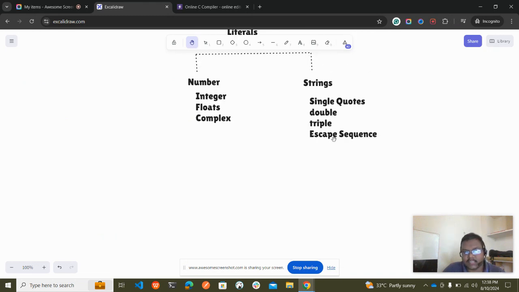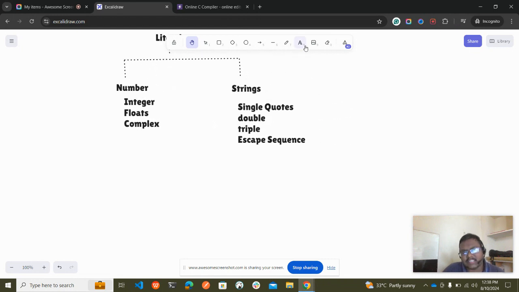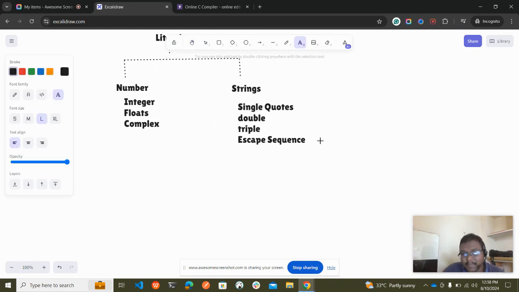Escape sequences I'll cover when we deal with the programs. They come in the format of slash n, slash t, and so on. You can google it and find a lot of escape sequences, and mention them in the comment box. For now, done with this.